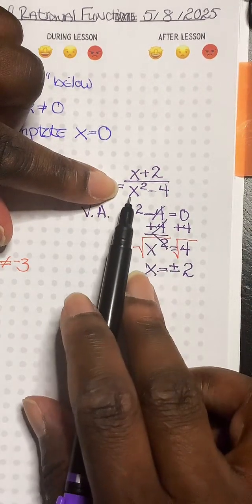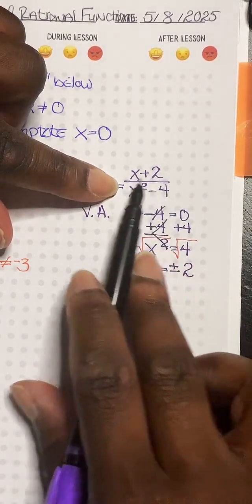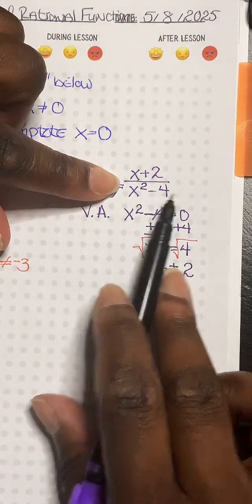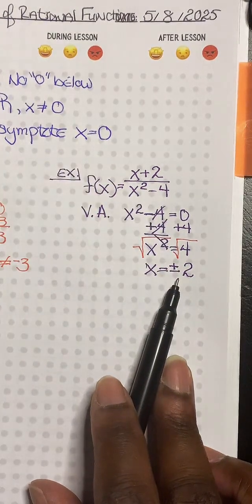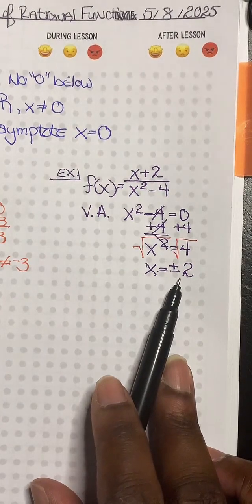So it looks to me, any real number will work except for positive 2 and negative 2. Now,